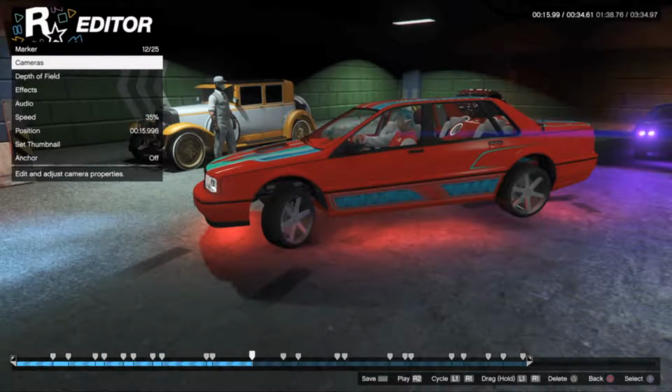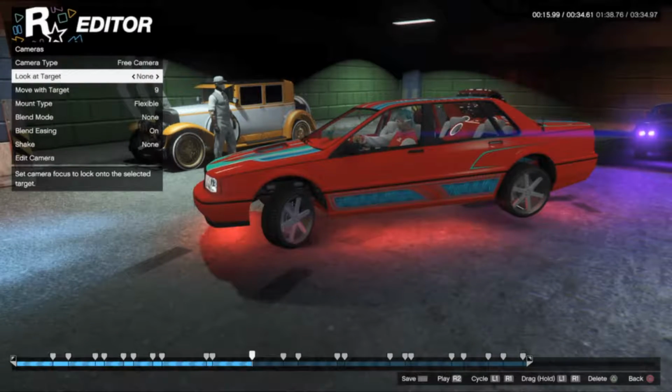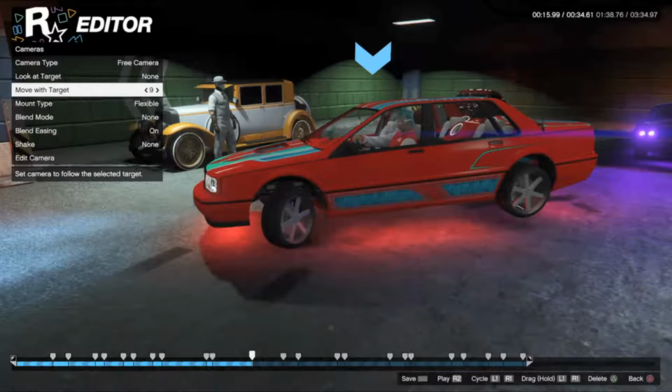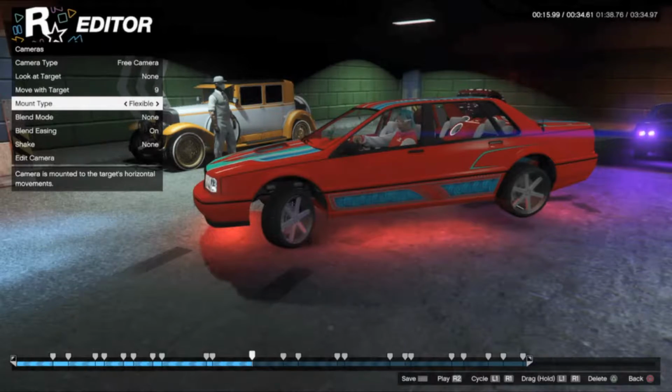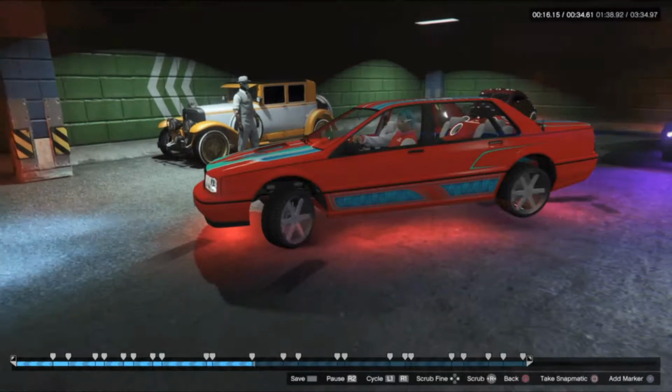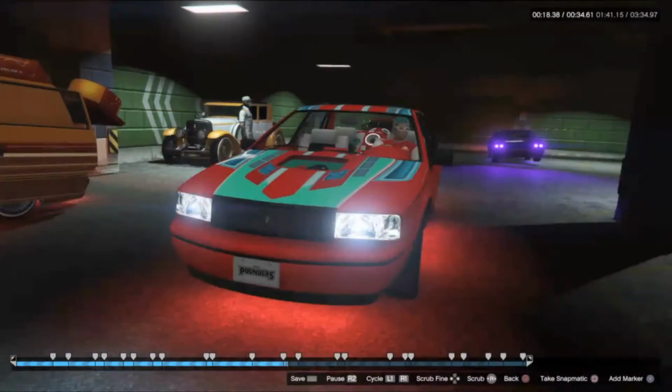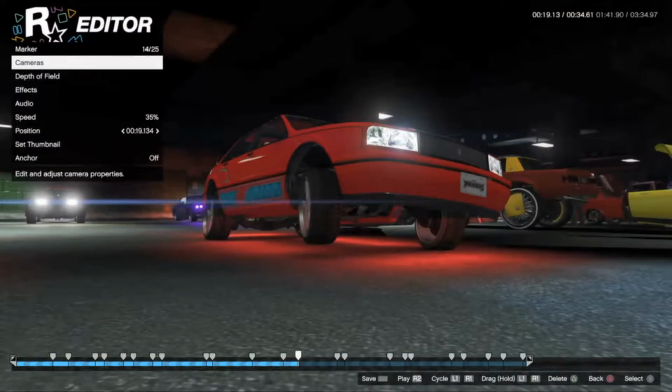So that's the camera angle I chose, and for camera, I had to look for which target was this person, and he was target number 9. And I put the mount type as flexible, because if you put it rigid, it'll turn wherever he turns, which I don't want. So I put it on flexible,